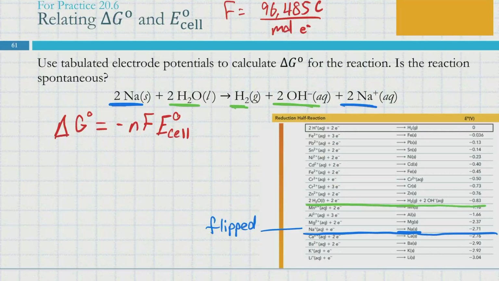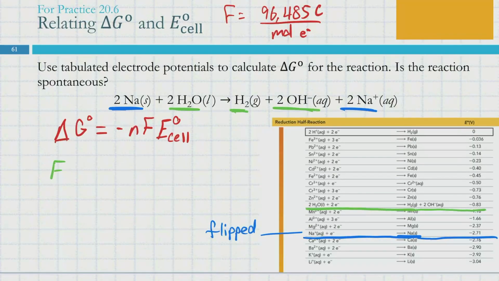We don't change anything about the cell potential for changing the coefficients. So the first thing I propose that we find is the standard cell potential. Our standard cell potential